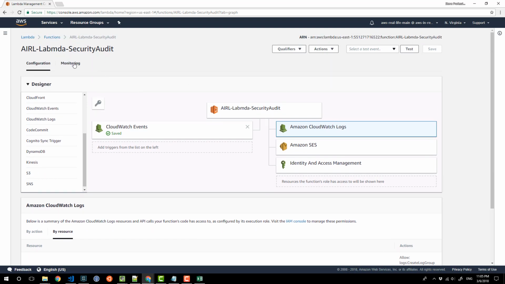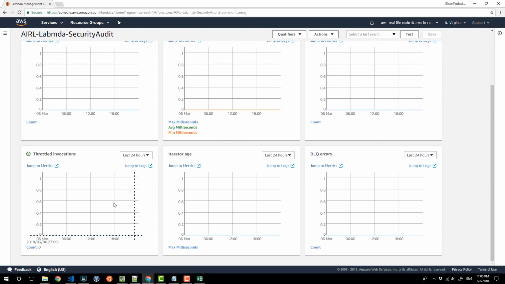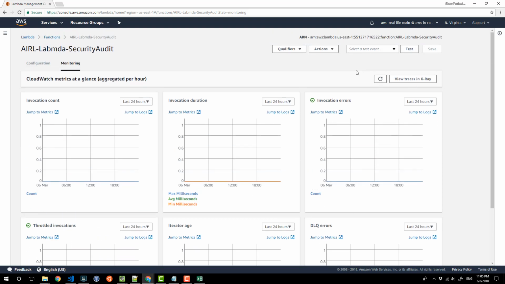Over here we have the monitoring section, and this is information about the Lambda. Has it invoked at all? Has this been called? Currently we have a count of 0. How long was the duration in milliseconds? Were there any errors? Were they throttled? You can get that if there's a lot of Lambdas running at one time, and just different information. So let's refresh this. Okay, nothing yet. But we can keep an eye on